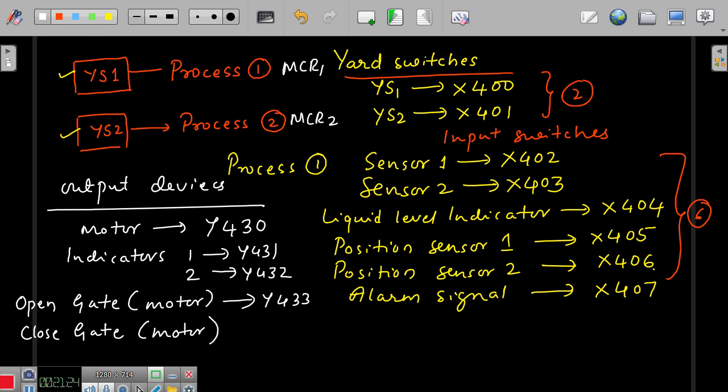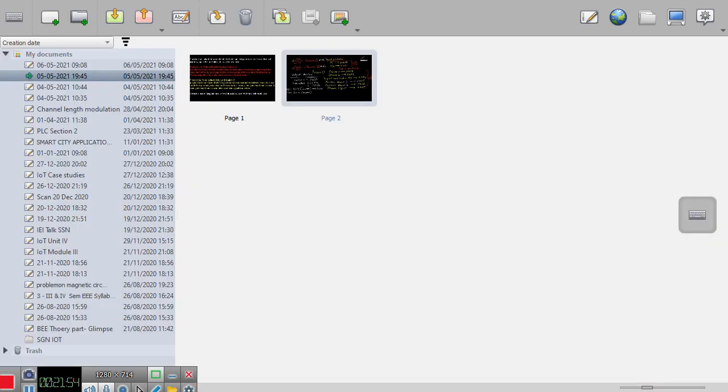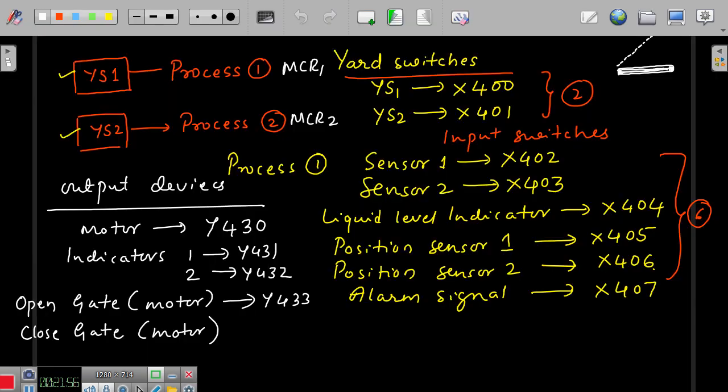You don't have any other output device. The same output device has to be operated, and you may be having a motor here. So that motor will operate to open the gate. Now how do you close the gate? See, when you have the barrier, something like this, so this is a different thing which I am writing here. This is the barrier. Now this barrier should get opened like this.